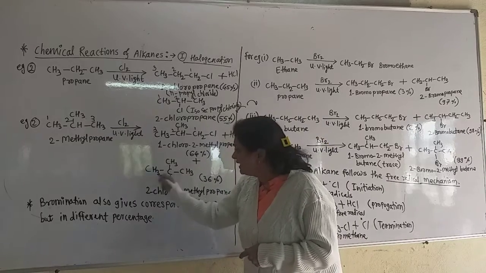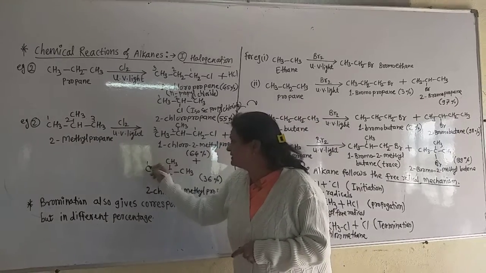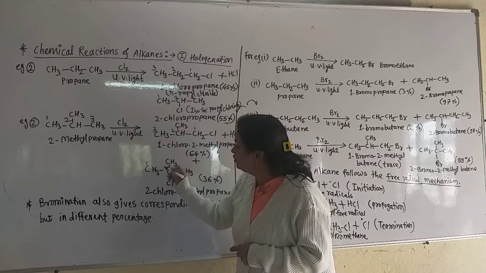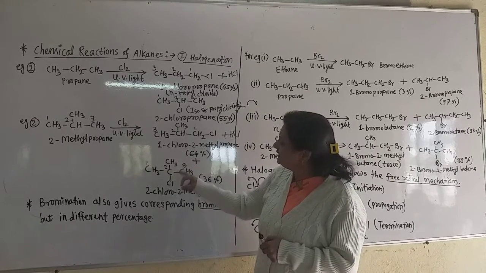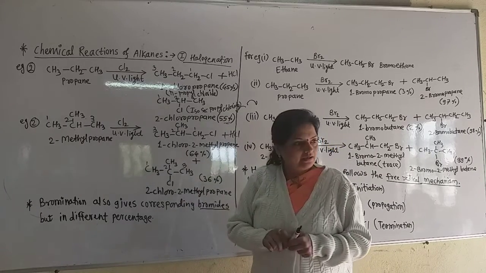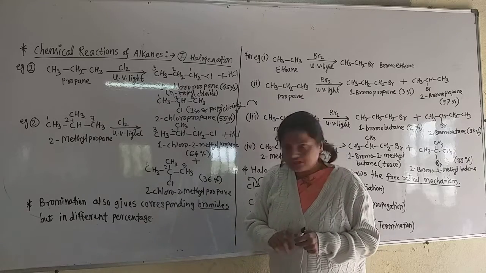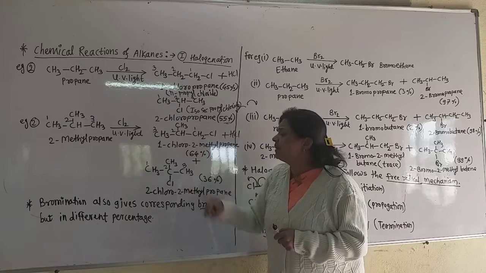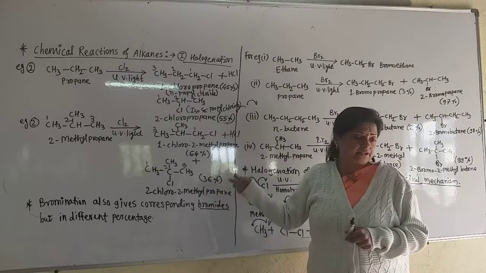always you select the straight chain. So from any side we can number because this is on the second carbon. So 1, 2, 3. Now on the second carbon there is a methyl group and chlorine. So write down first the name of the halogen. So 2-chloro-2-methylpropane. Though it is the branched alkyl halide, only 36% is formed.